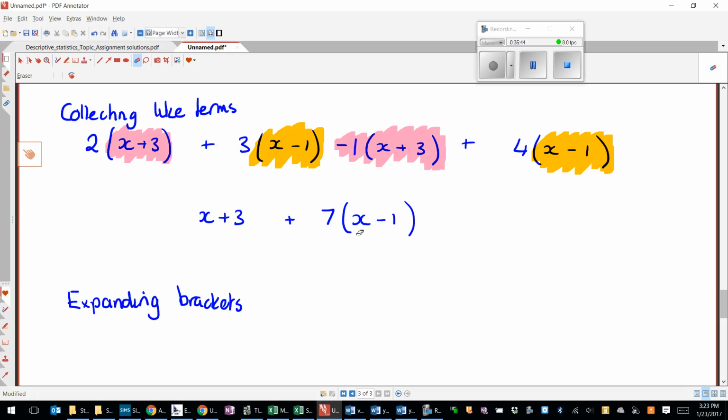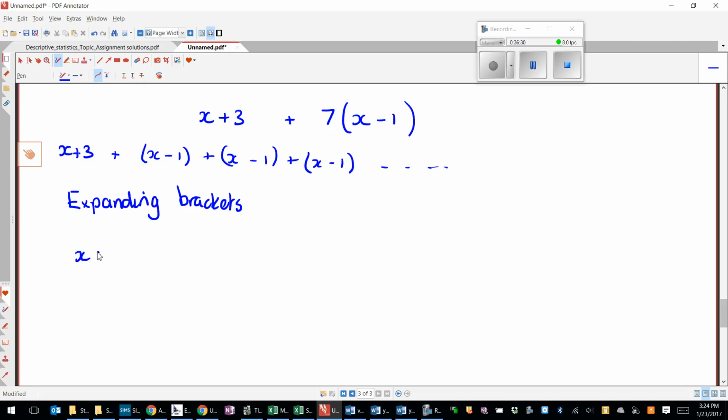Laura? X minus 1 plus x minus 1 plus x minus 1, 7 times, yeah. Just in case you lose track. Exactly. Does that make sense to everyone? So we've got x plus 3 there, but then we've got plus x minus 1 plus another x minus 1 plus another x minus 1 and so on. Now there must be a quicker way of doing it. If we were to line it all out, we could collect it all together. This is what we call expanding brackets, and what we end up with